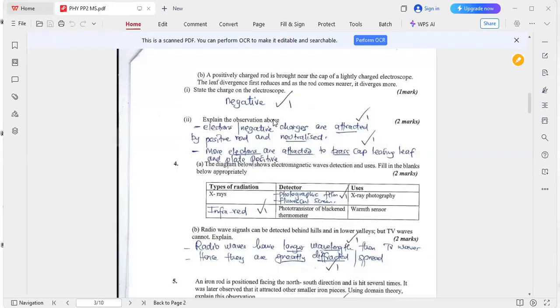Then to explain the observation, electrons are being attracted by the positive rod from the leaf to the cap. Avoid this word neutralized. They are not being neutralized. They are only being